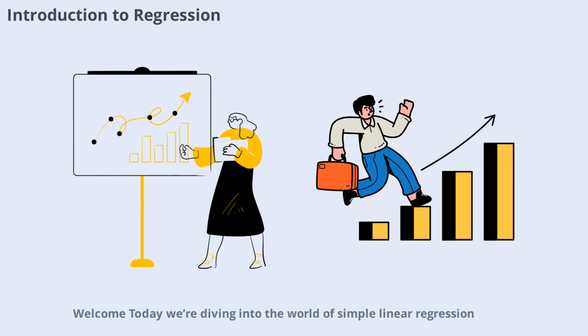Today we're diving into the world of simple linear regression. This statistical method is one of the most fundamental tools in data analysis, helping us understand relationships between two variables. Whether you're a student, a professional, or just curious about data, grasping this concept will open doors to deeper insights. We'll start with the basics, explore how it works, and see why it's so widely used. By the end, you'll have a solid understanding of what simple linear regression is and how you can apply it